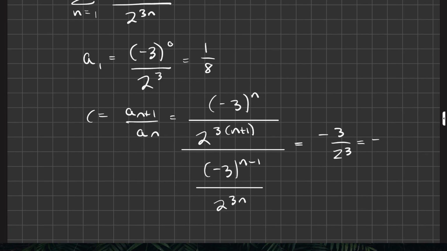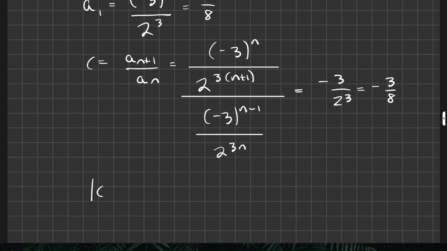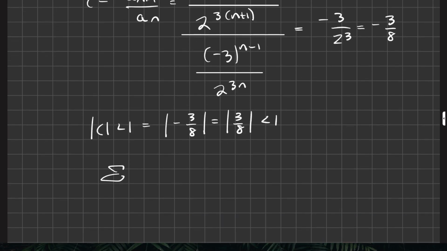So this is just -3 over 8. And our ratio in this case is n less than 1, 3/8 specifically. Right, and these are equivalent statements. The absolute value of -3/8 is equivalent to the absolute value of 3/8. So we know the sum converges and it's geometric, so our series